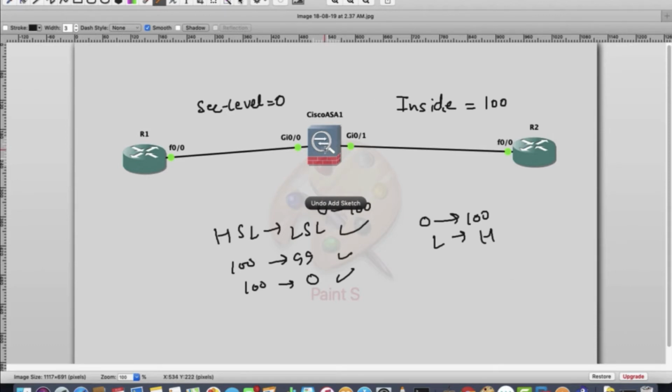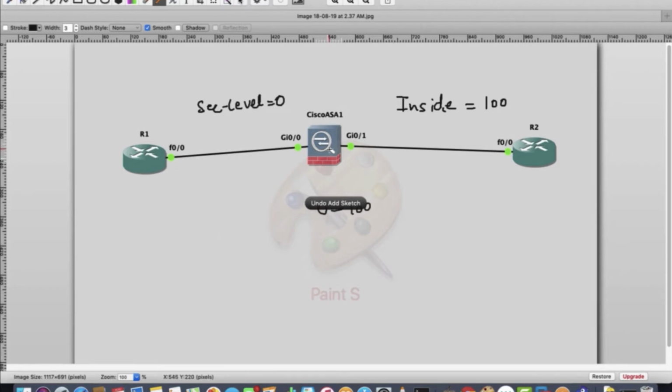When I say it doesn't work, that doesn't mean that it will never work. You will always have the option to enable the traffic. It is up to you. You can allow it. Like if you have one important server here, let's say the server name is I2, and you want to access it from the internet, by default it will not be allowed. Once you add a rule, it will work. This is what I wanted to tell you.